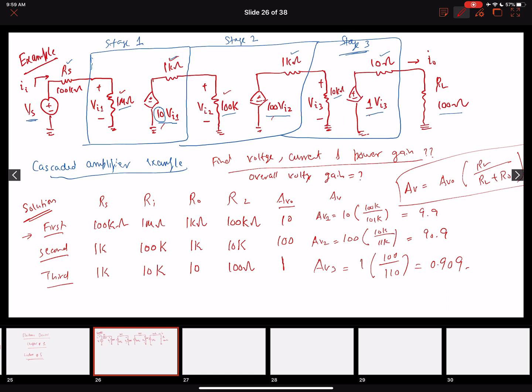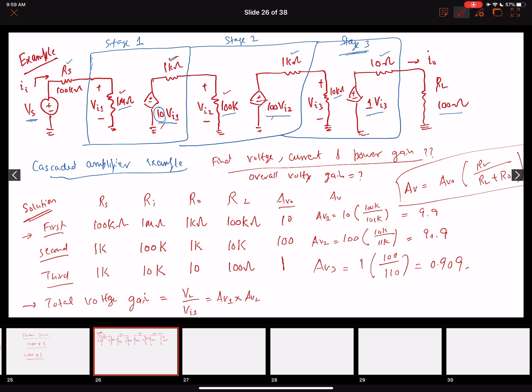So what is the value of the total voltage gain? Again, this is not the overall voltage gain with respect to the source. This is the voltage gain of these cascaded stages of the amplifier. So the total voltage gain of these cascaded stages is the load voltage to VI1, the first one. It will be the product